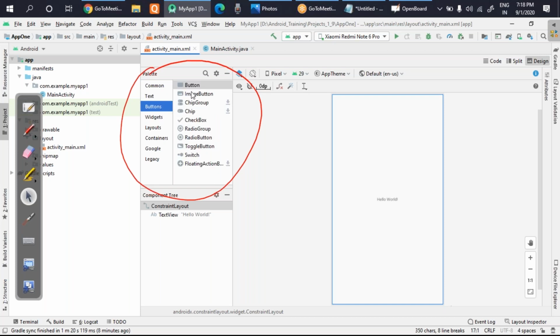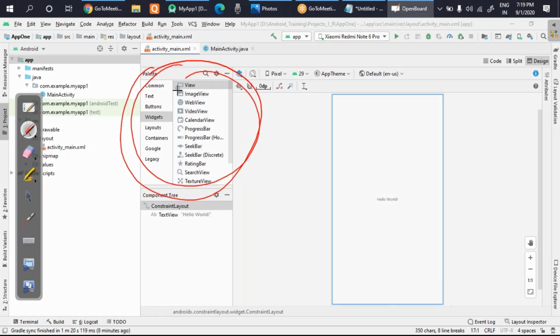You can see different kinds of buttons are present here, like radio buttons and checkboxes, which you might have seen in apps. If you click on widgets, different kinds of widgets are available, like seek bar, progress bar, calendar, web view, image view. So what are these all? You can say this is actually the complete kitchen from where you can create the design. From here only we will start dragging and dropping.